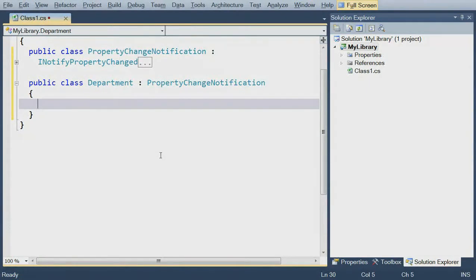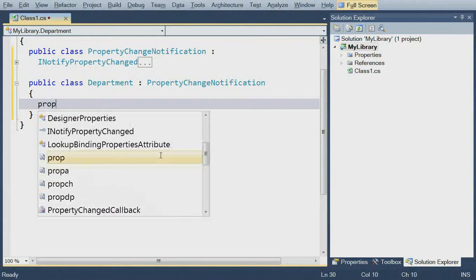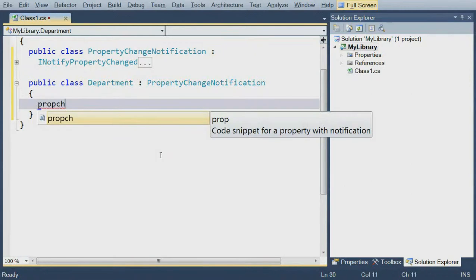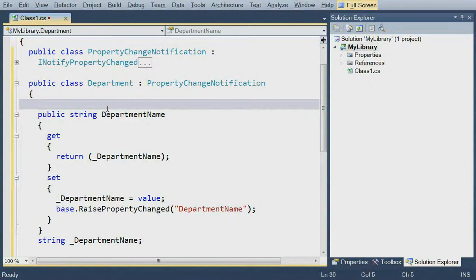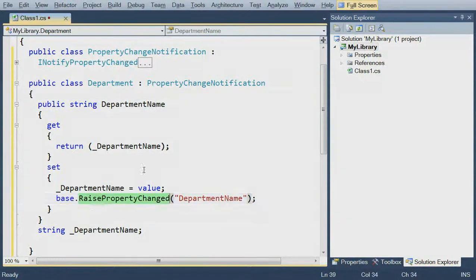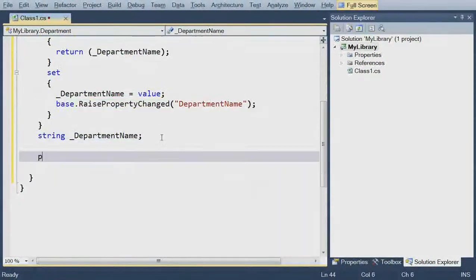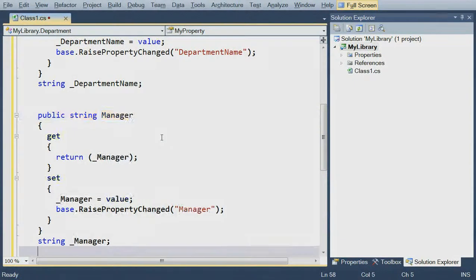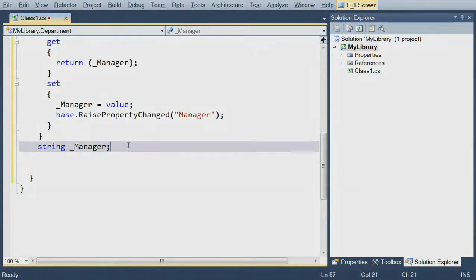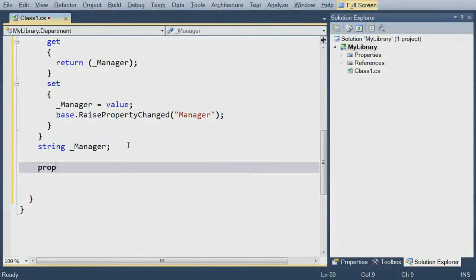I have a little snippet inside of my Visual Studio for this. It's just a custom snippet. You can add these to Visual Studio, and you'll notice that what it does is it gives me a property. We can say DepartmentName, something like that, and it just builds that up for me and raises the property change notification. Let's have another one, let's say something like Manager, something like that, and let's have another one which might be something like the budget for the department. So we'll have a decimal,